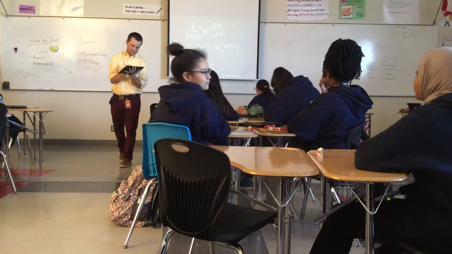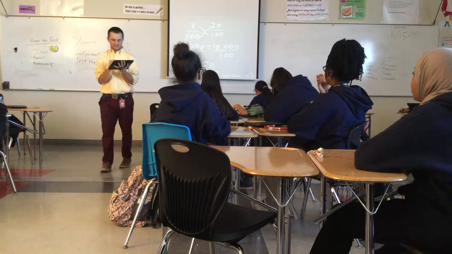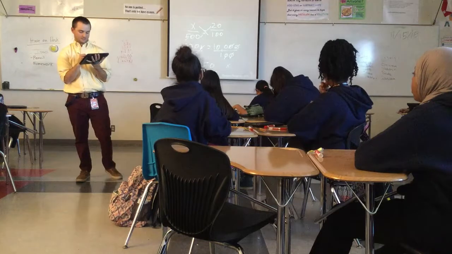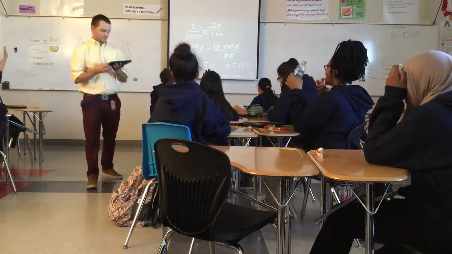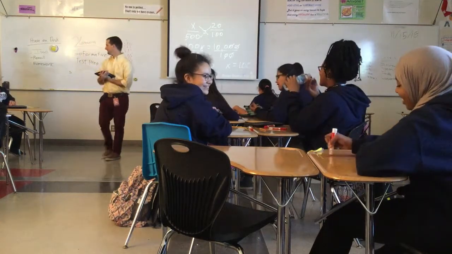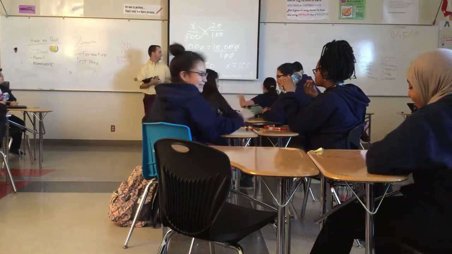So now when we divide both sides by 100, we can cancel out our zeros, and we're left with what? X equals? I got 10. Alima, you must have had some difficulty with your decimals. Because it was easier if you know